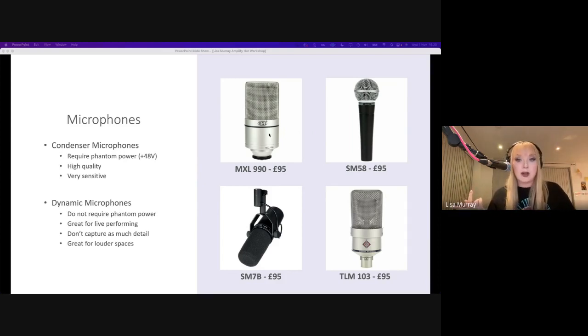I chose to use a dynamic microphone today because I'm in my house, it's kind of noisy, and I always track with this microphone. I leave it set up on my desk. I have one of these podcast arms. I leave it set up just for whatever inspiration strikes, I can just record it.